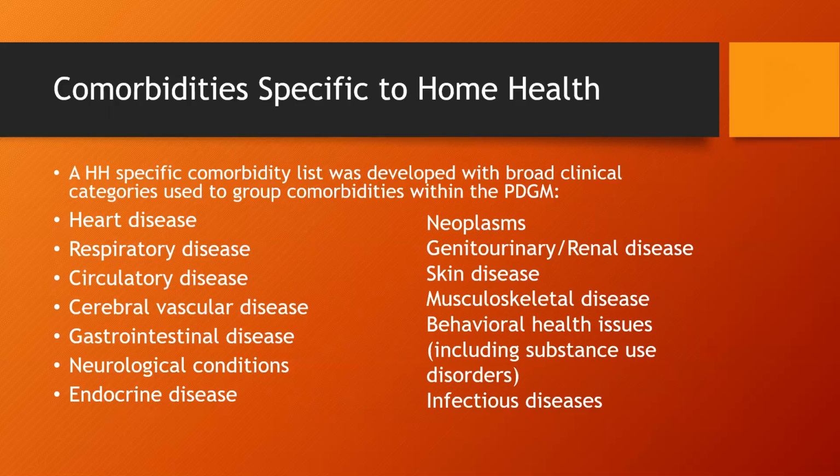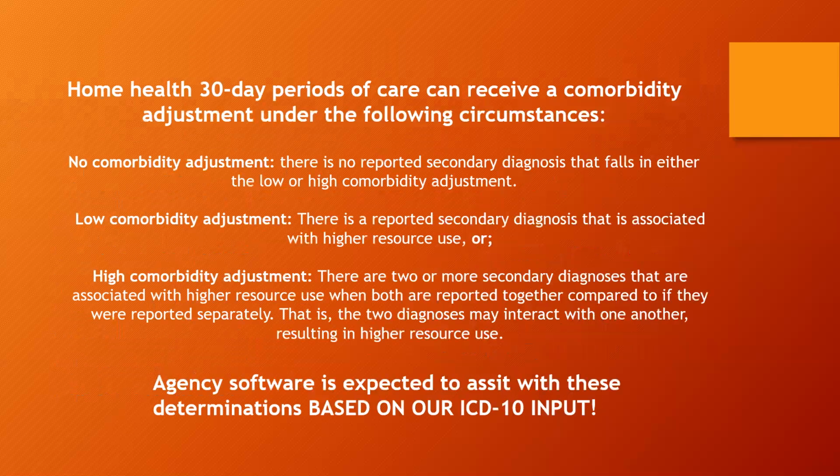But when we see comorbidity diagnosis, ICD-10 codes that link to any of these areas, make sure we get them accounted for on our documentation and the agency is aware of them. So a home health 30-day period of care can receive a comorbidity adjustment under the following circumstances. Number one, there may be no comorbidity adjustment if there's no reported secondary diagnosis that falls into the low or high comorbidity adjustment categories. Low comorbidity adjustment is when there's one reported secondary diagnosis that's associated with higher resource use,